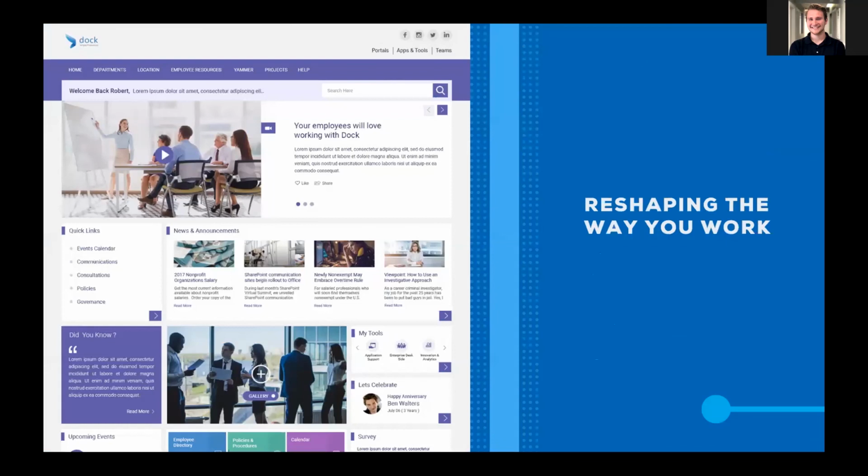Now, while I may be biased, I think that Doc Intranet looks fantastic. And I bet it would look even better with your company's logo and branding on it. With that said, I'm going to hand things off to Ben Sengen, our enterprise sales executive. Ben is a master of Doc Intranet, and he'll be taking you on a tour to really explore some of the different features that you may find useful. If you want to just take that away, Ben.